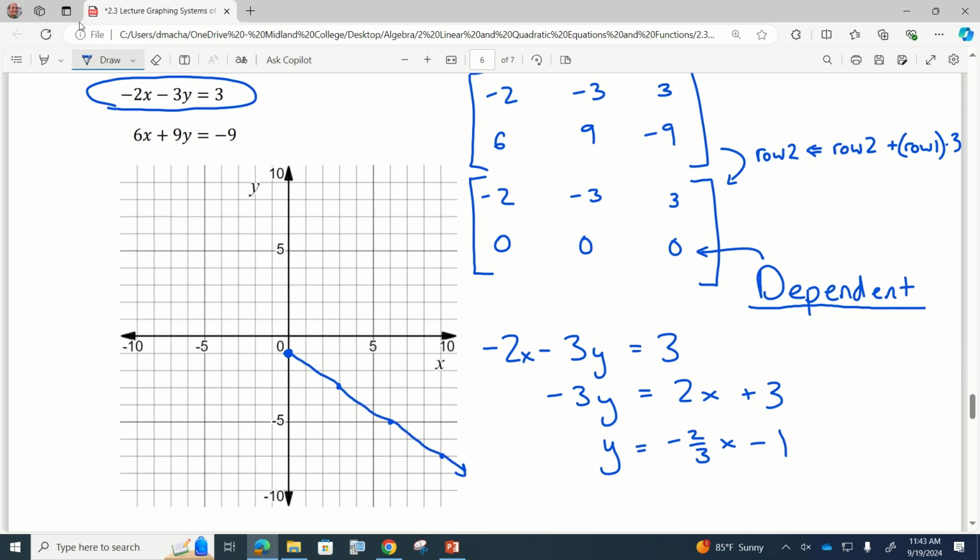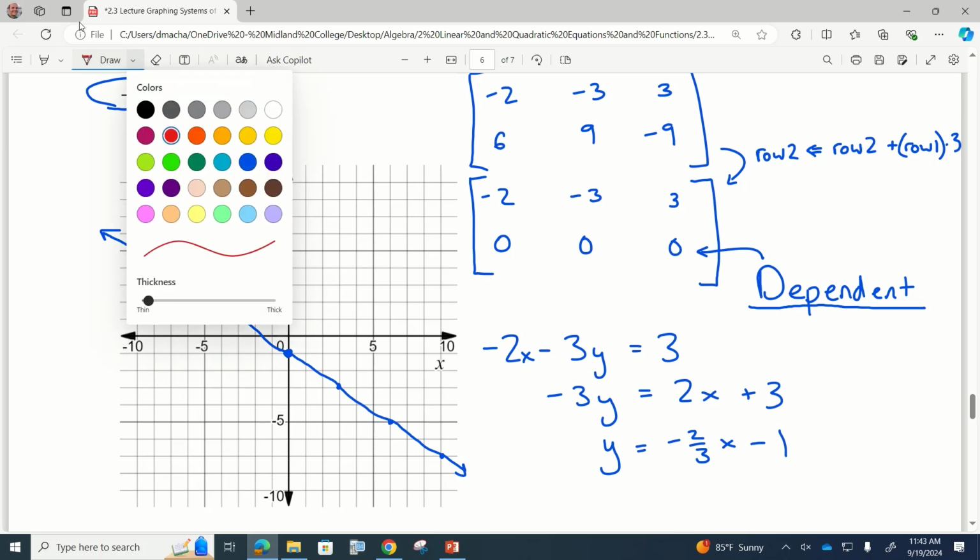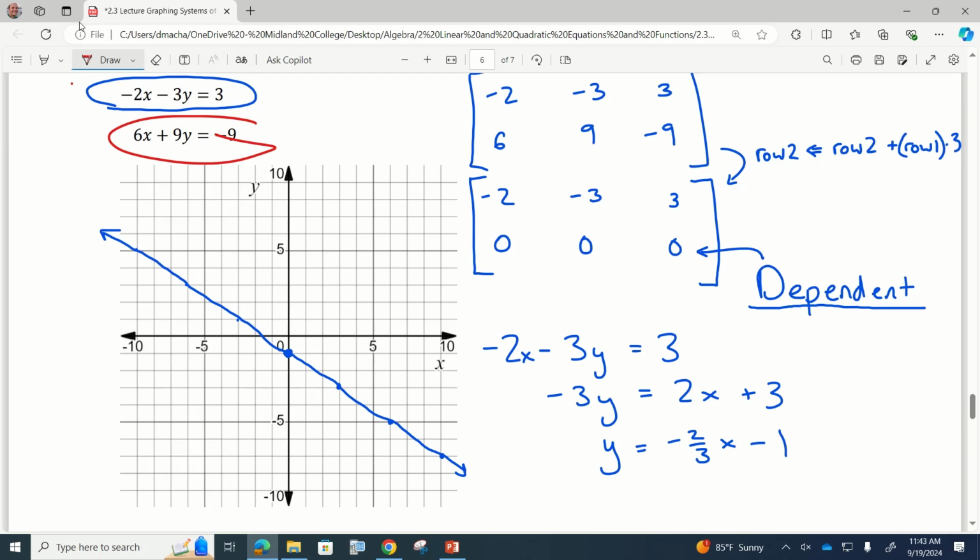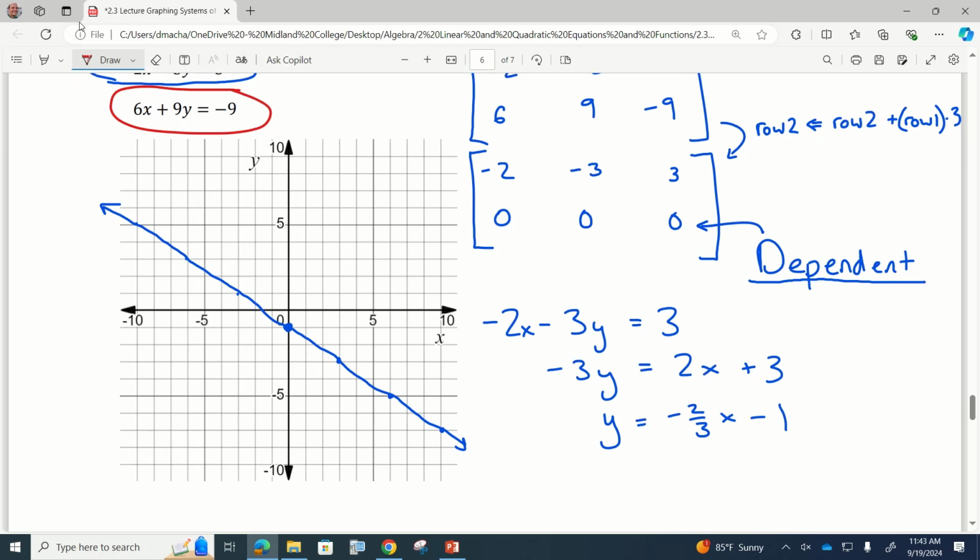And then I know this is going to be a straight line, so I can also extend this in the other direction using the same slope. And maybe that's easier, right? It's kind of up to you. But that method might be easier and a little bit more precise for graphing lines. What we're doing is we're taking the general form